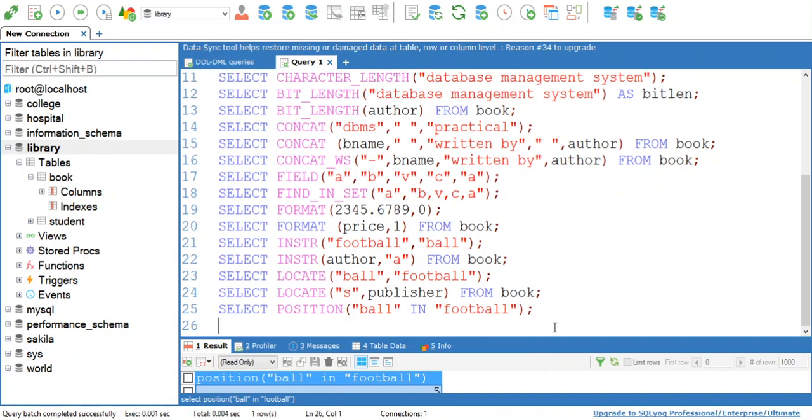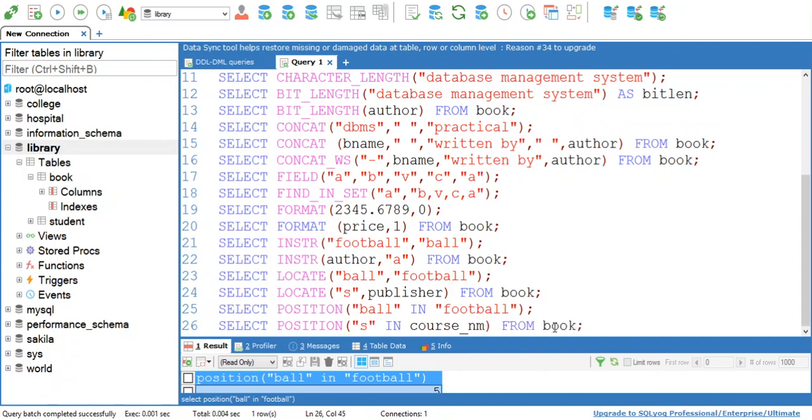Similarly, position can be used with a table attribute also. So select position, I want to select the position of s in course name. Course name is another attribute from book.